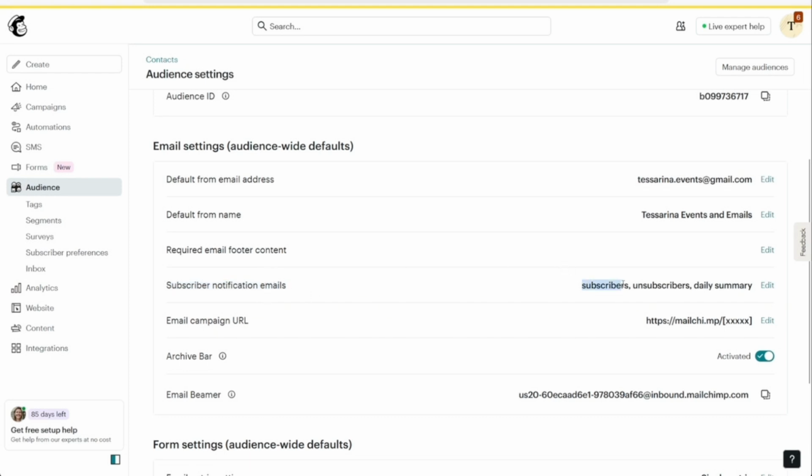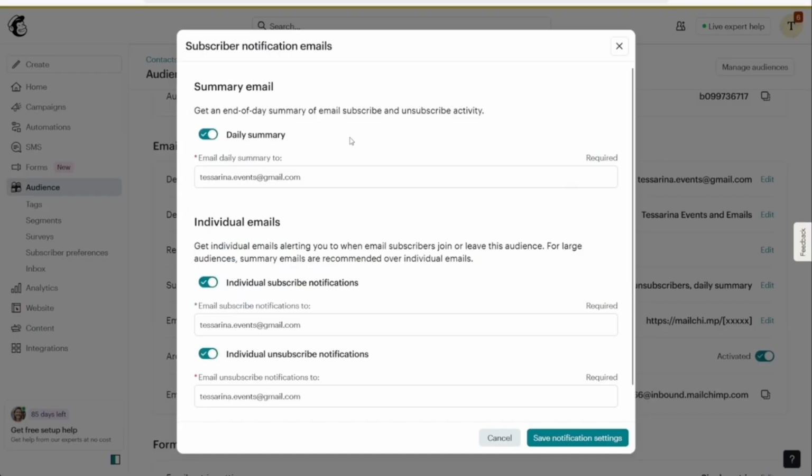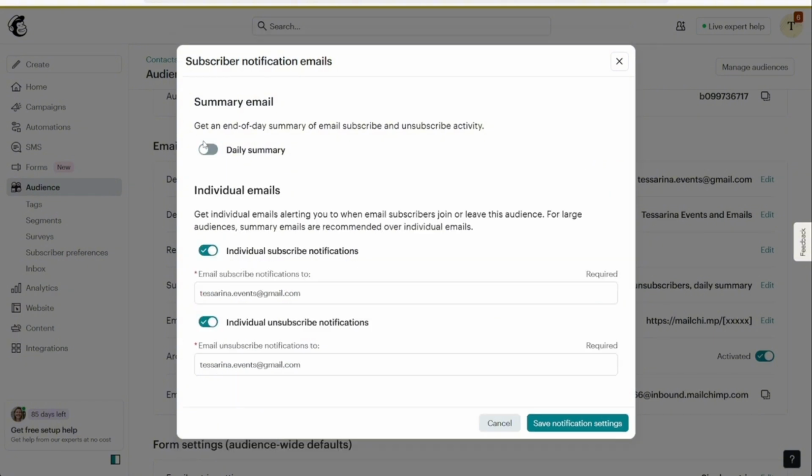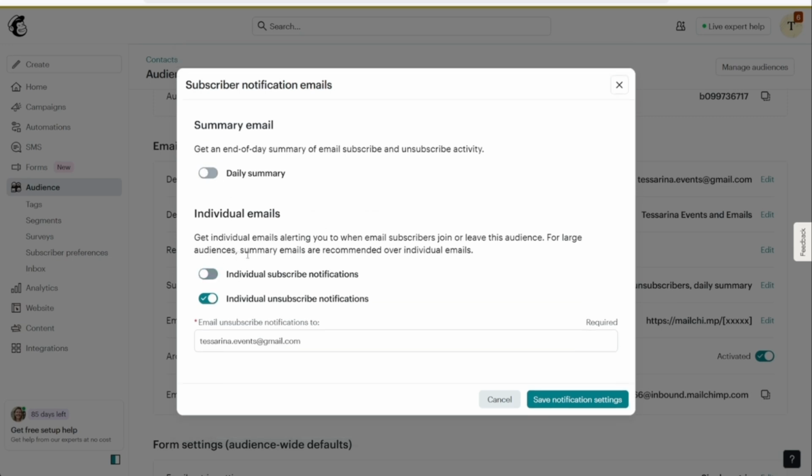On the right-hand side, this is set as subscribers, unsubscribers, and a daily summary. In order for you to disable this, on the right-hand side, click on Edit. A pop-up will show. From here on the left-hand side of each and every summary, you need to disable by simply toggling this off. Now in here, we will toggle off summary email, individual subscriber notifications, as well as individual